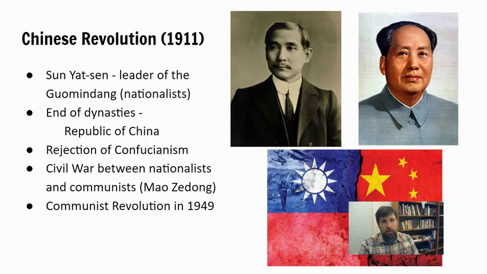So that's China, oversimplified and very much in a nutshell. This flag that you see, that's a picture of Mao Zedong on the right, wearing the gray, and then down below that, those two flags. On the right, you see the flag of communist China, and on the left you see the flag of the Nationalist Party, the Nationalist Chinese flag.